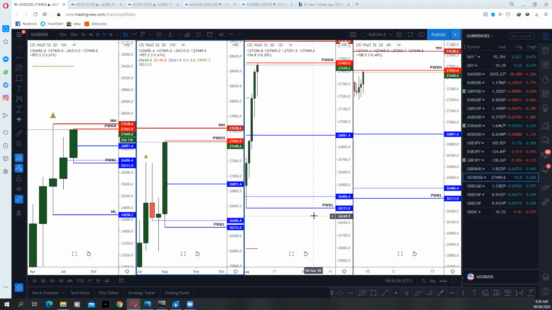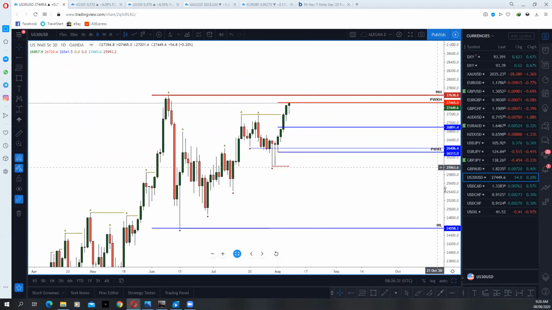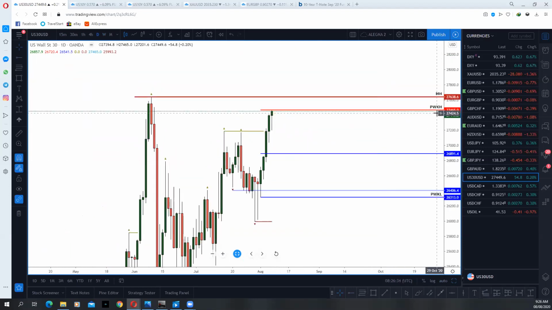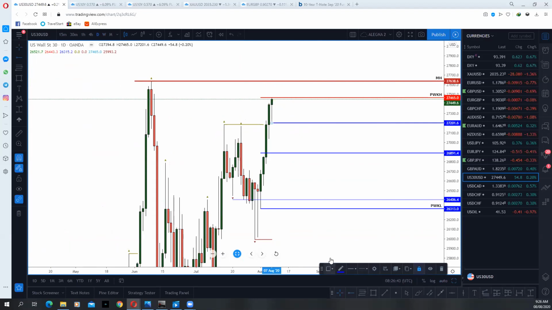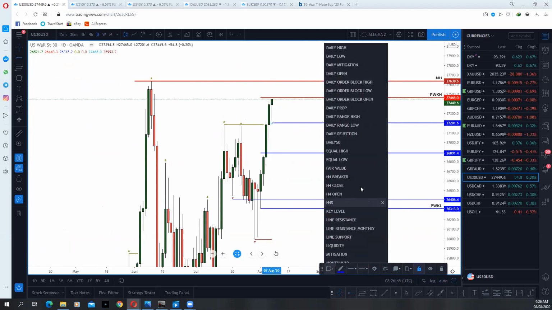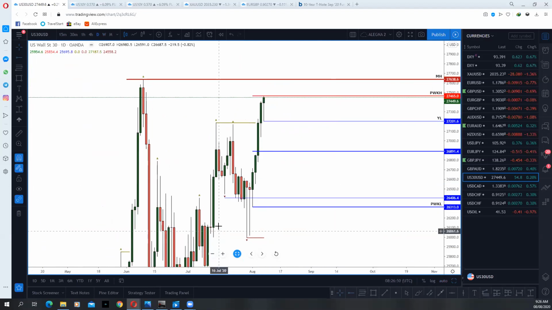Once you've done that, you drop to your daily time frame. When you drop to your daily time frame, as you can see, Friday's high is the high of the week. So you leave the previous week high, then you look for the low. Call it yesterday's low. So now, definitely they are telling you they are coming here. So you'll be looking for buy order blocks, bullish order blocks to go long into.